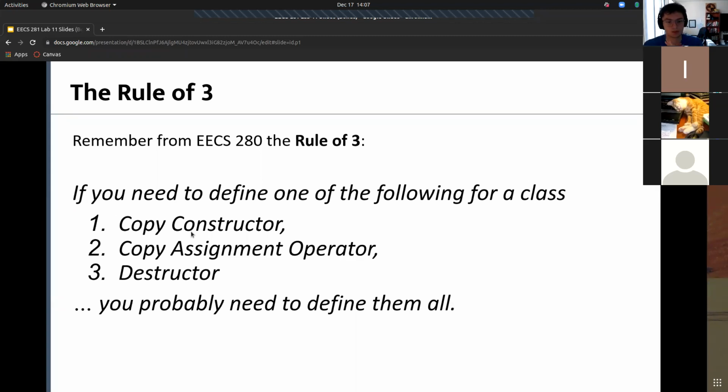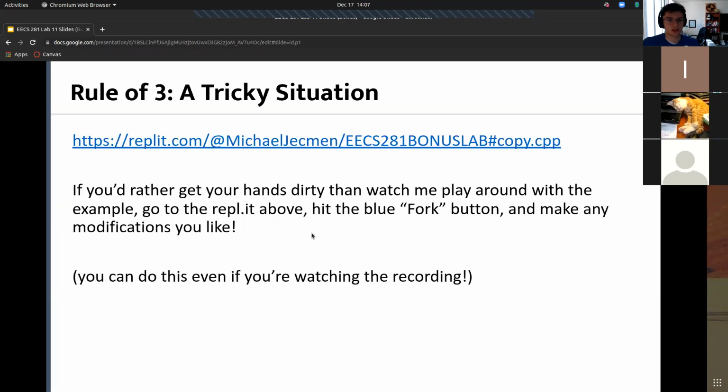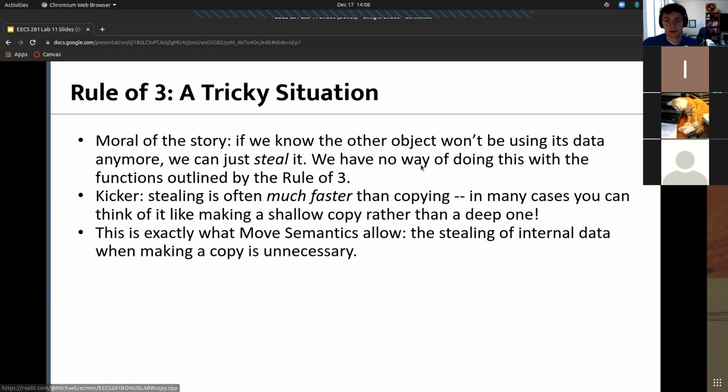And if you need to do something like copy that vector with a constructor and assignment operator, you need to be sure to give the other object control of a deep copy of your data, not just a shallow copy. And then in the destructor, you need to be sure to clean up your resource. So with the rule of 3, we can kind of start to see some areas where it needs to be fixed. And let me